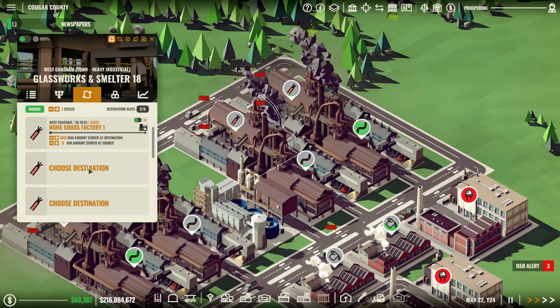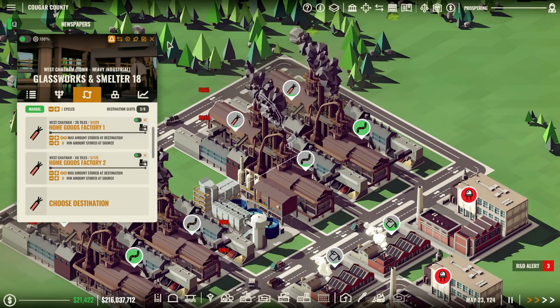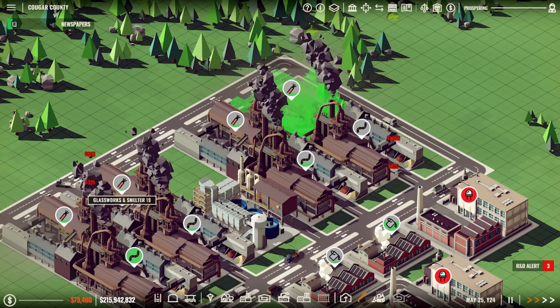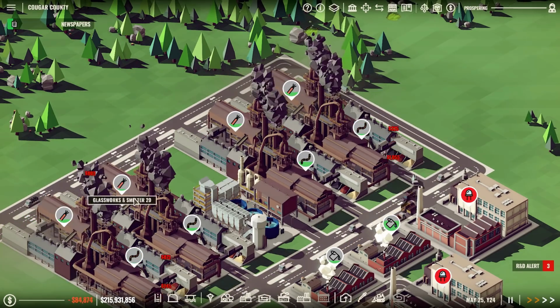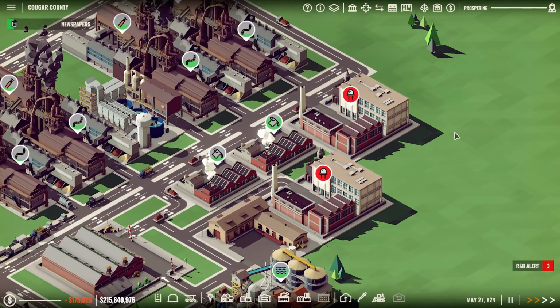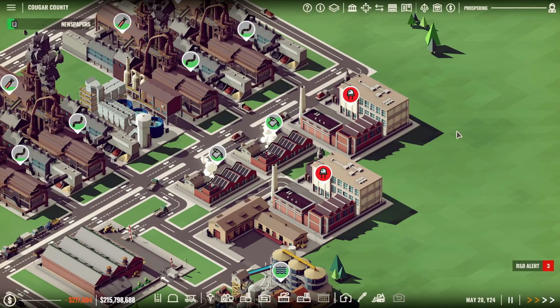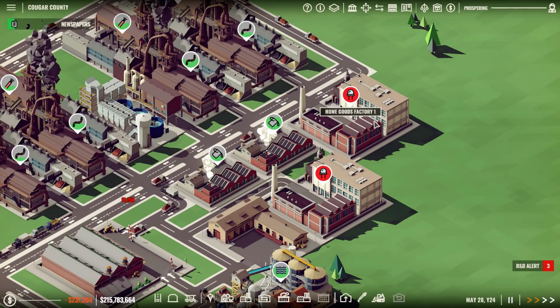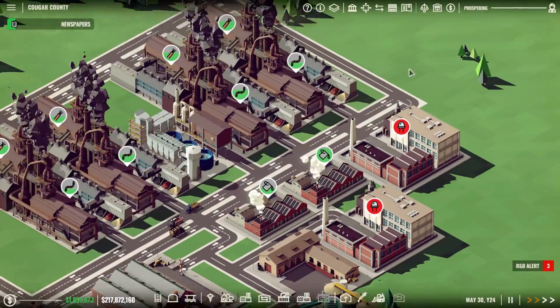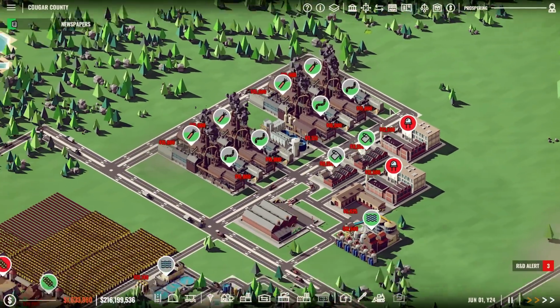I thought I set these. Did I copy the wrong one maybe and paste it onto these? Do you have those as destinations now? You do. All right. Now those will be making diodes